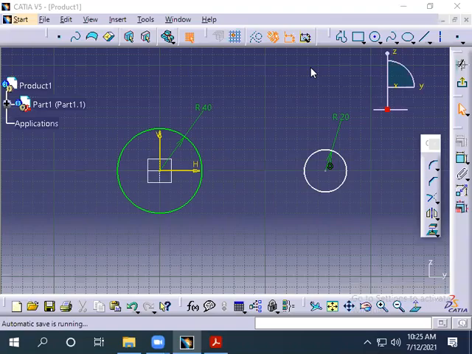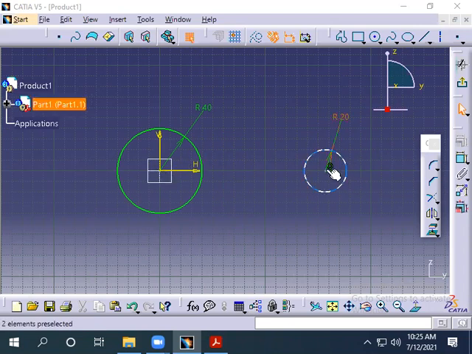Yes, pay attention now. You see, why is this appearing green? Why is this appearing white? Although we have given dimension to both. Yes. You see, we have given dimensional constraint, right? There is also position constraint. You see, the position of this circle is what? Origin, right? The position of this circle is origin. So position is also defined for this one.